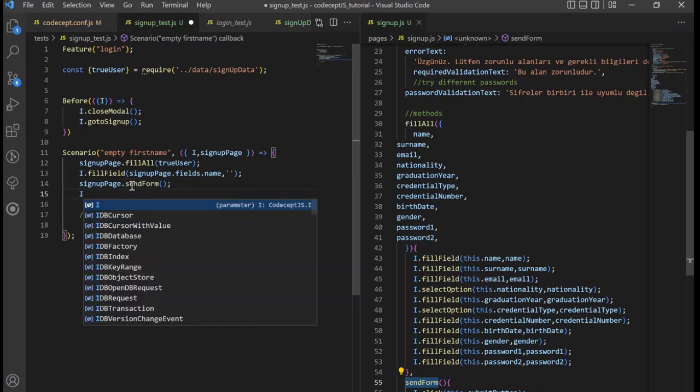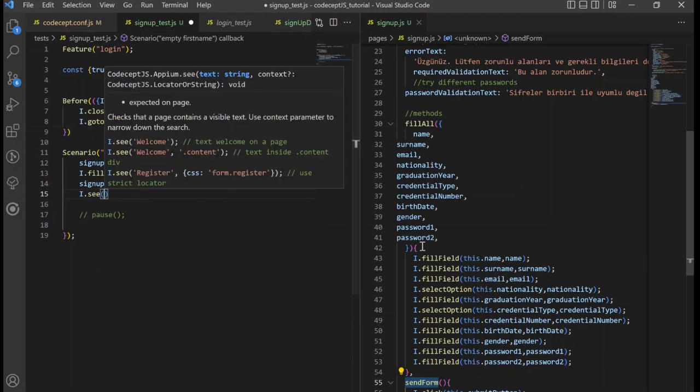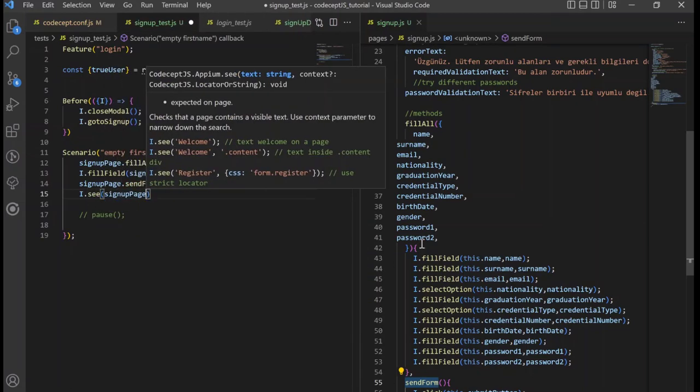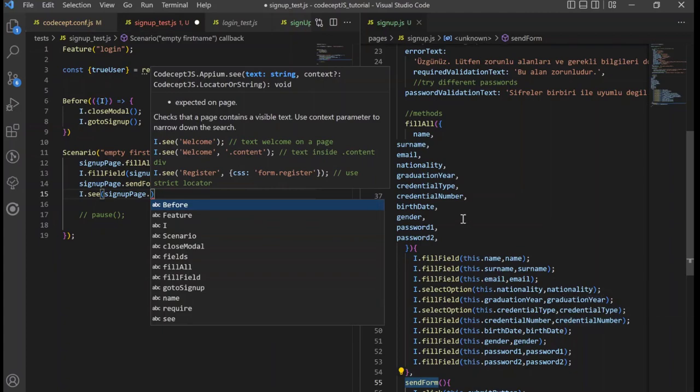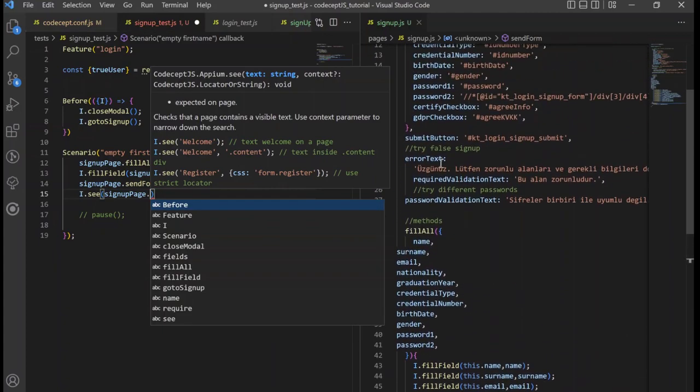Secondly, I expect to see the validation message with red color. And we will use the pause method twice in order to see how it works.